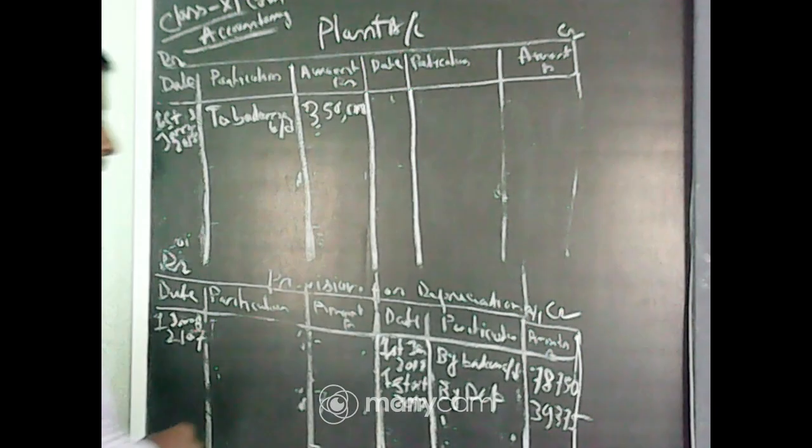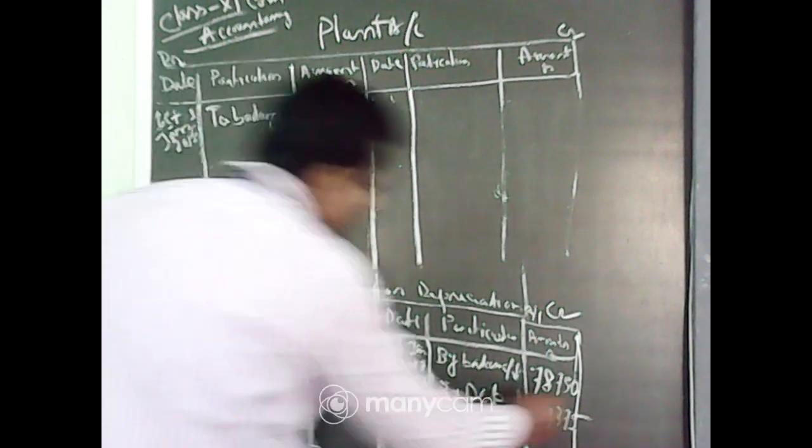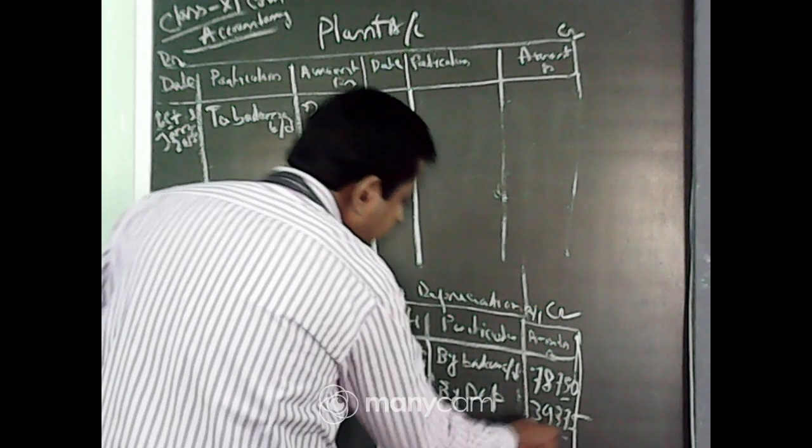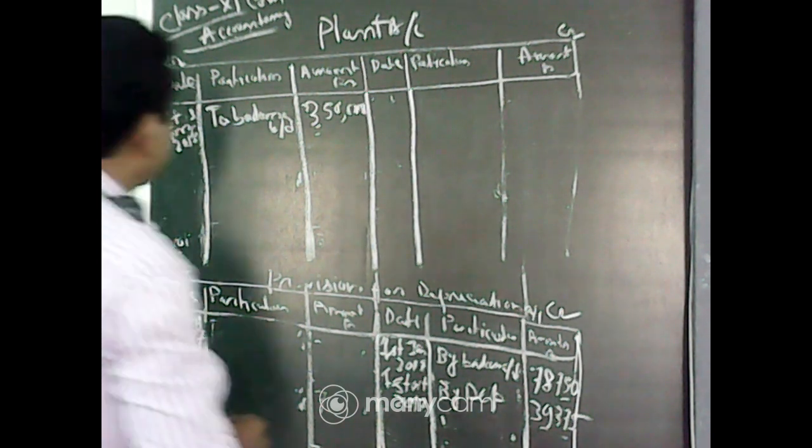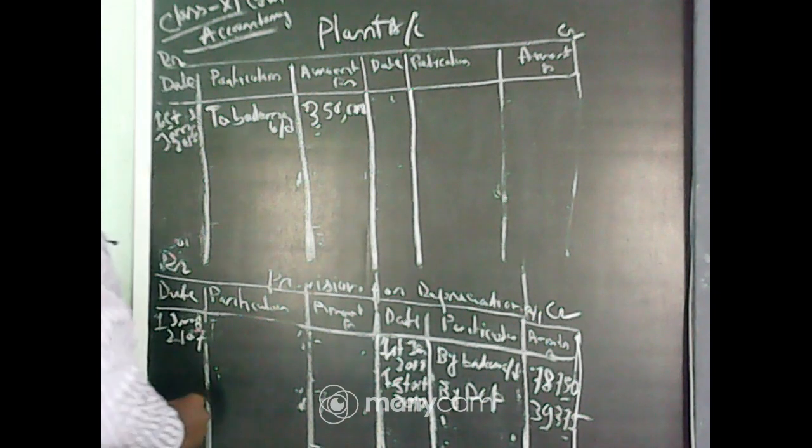Okay. So this depreciation already accumulated, this year depreciation is that. So that is total depreciation of that machine. Now